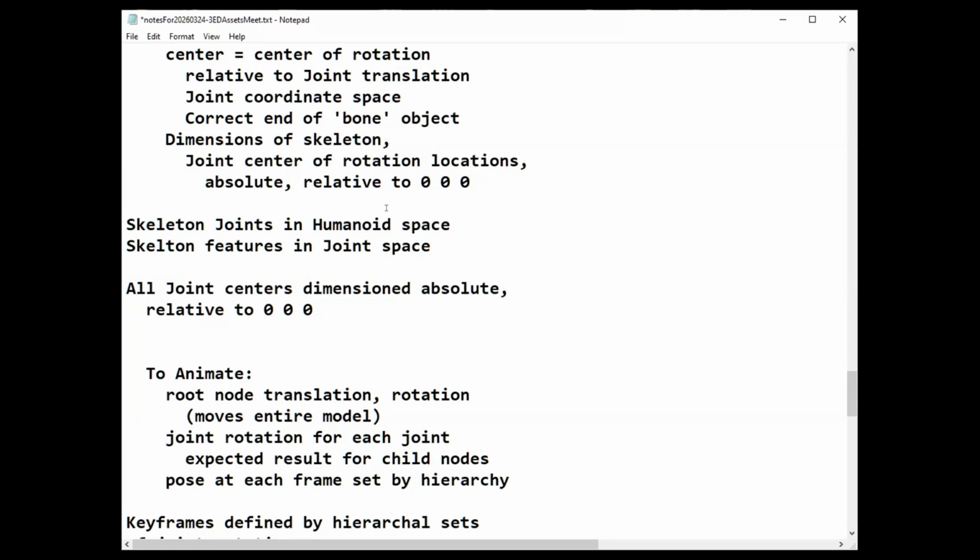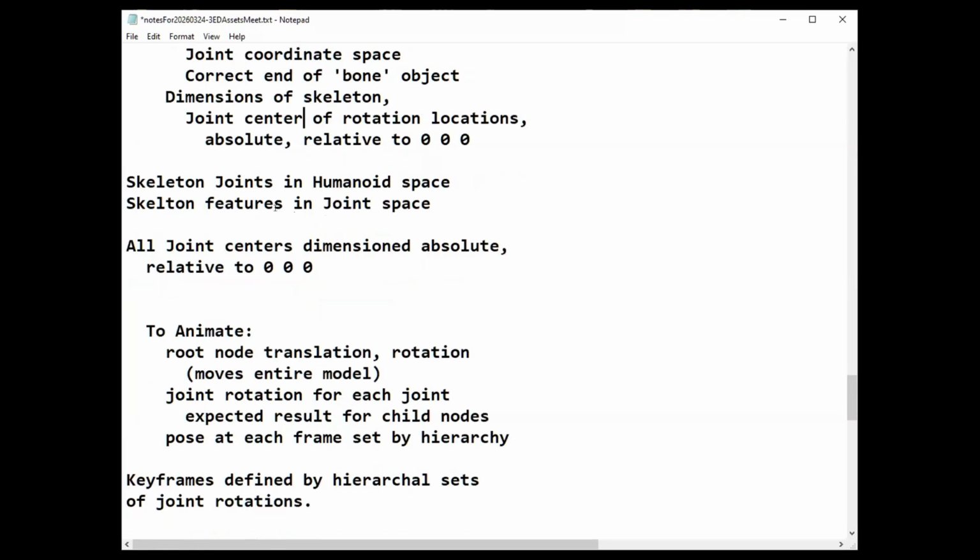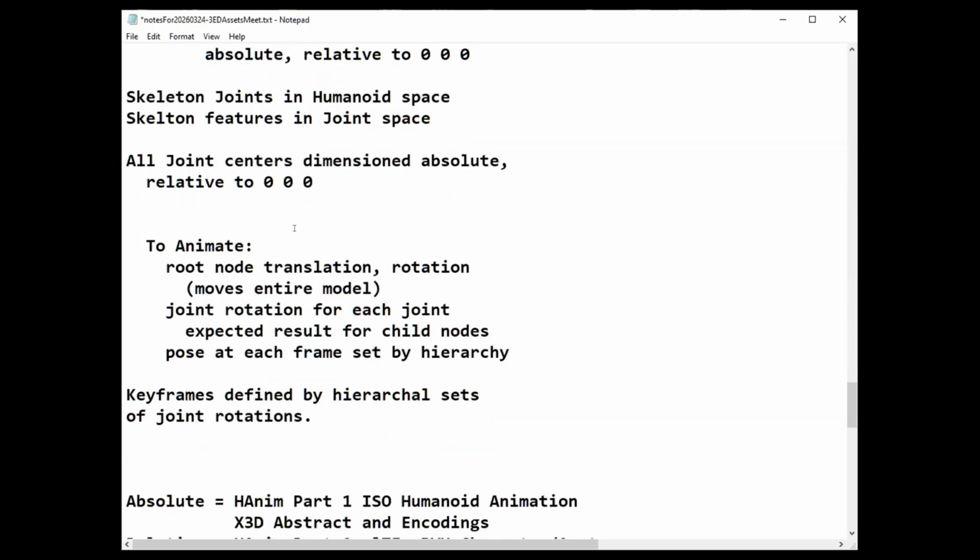A lot of those measurements were taken lying down, but it became a standardized way of defining measurements of a human in the database: relative to 0, 0, not relative to another feature. So the skeleton joints are in humanoid space, or whatever container the character is in, and the skeleton features are in joint space, along with all the joint centers.